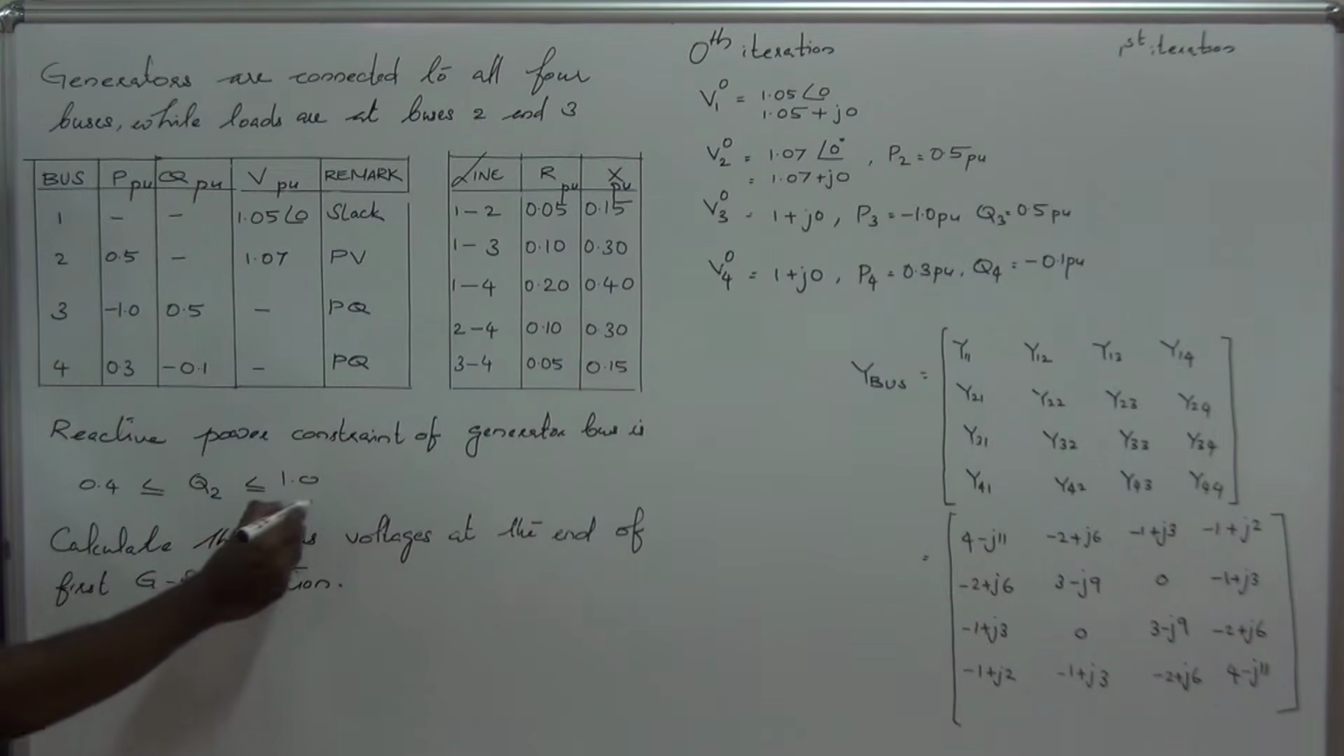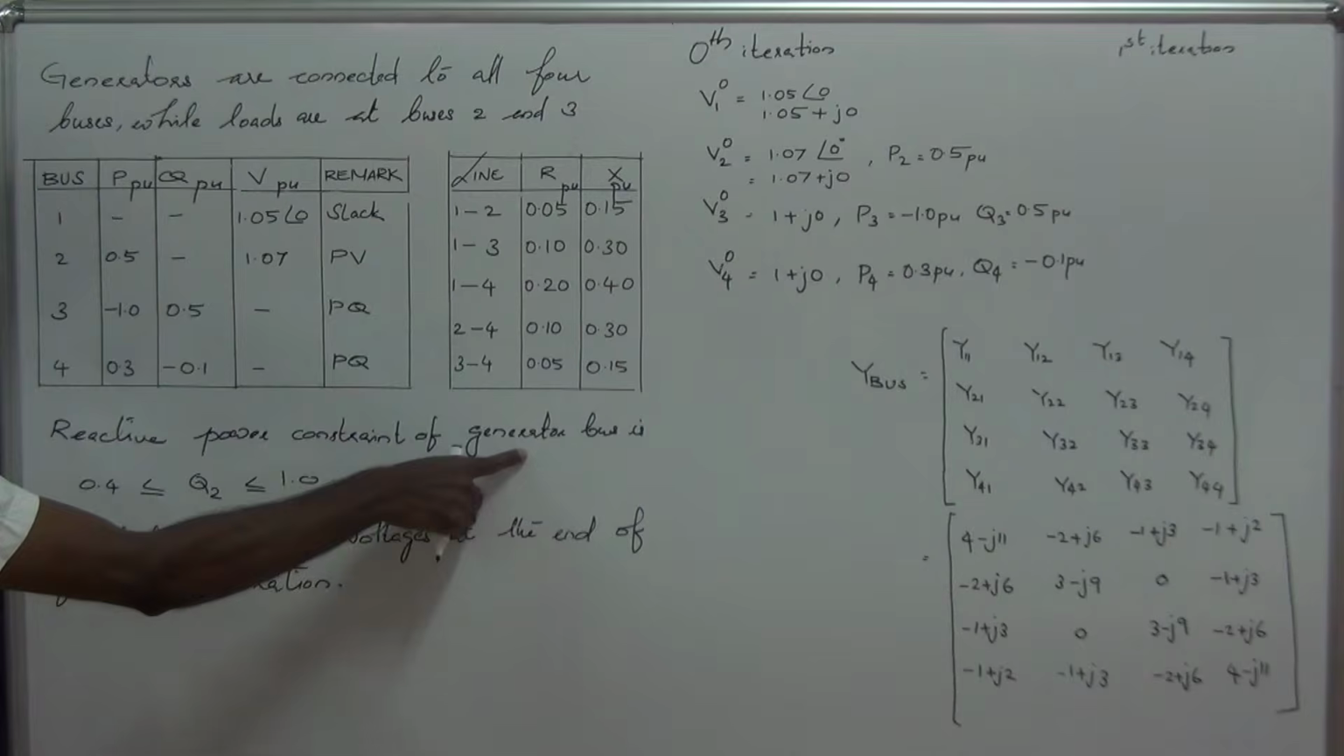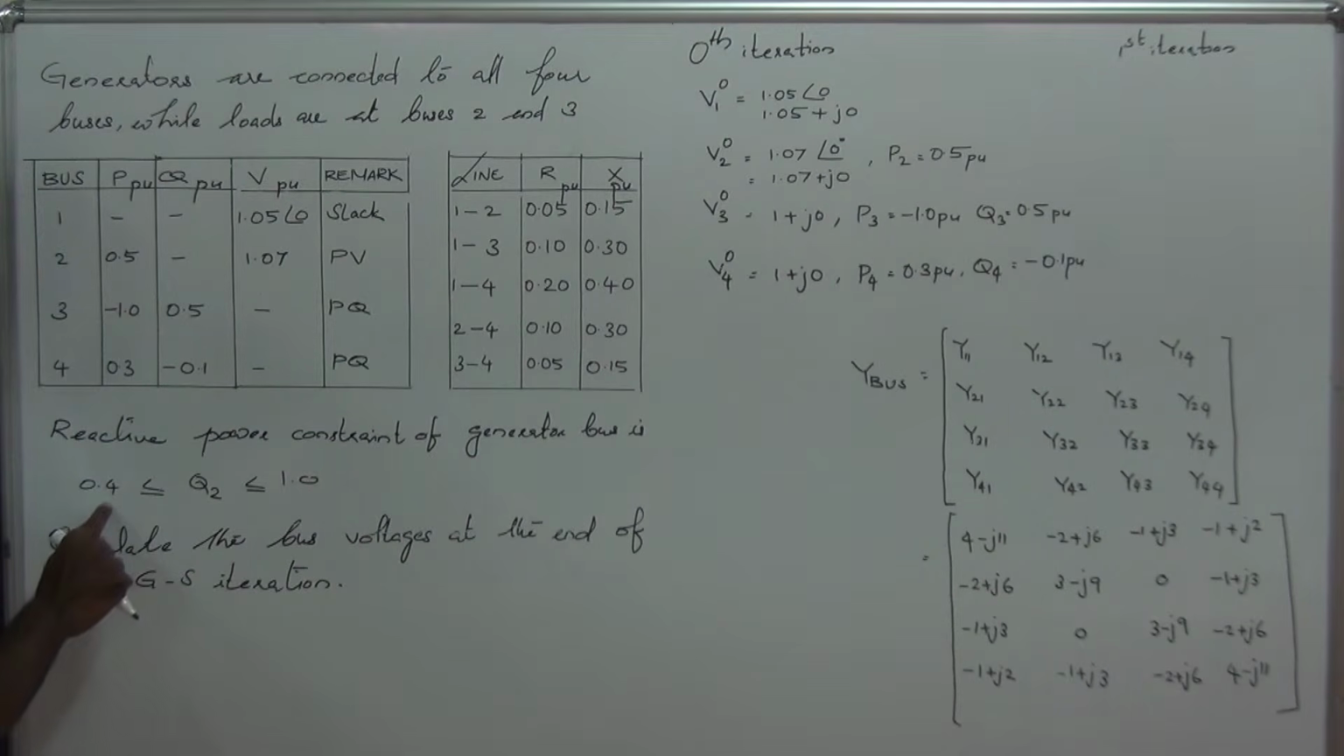And the reactive power constraint of the generator bus or the second bus is given. It is 0.4 less than or equal to Q2 less than or equal to 1 per unit. The lower limit is set at 0.4 because of the stability problems. This generator can produce a minimum reactive power of 0.4 per unit. It cannot generate a reactive power less than 0.4. If we force the generator to produce a reactive power less than 0.4, the stability of the machine will be